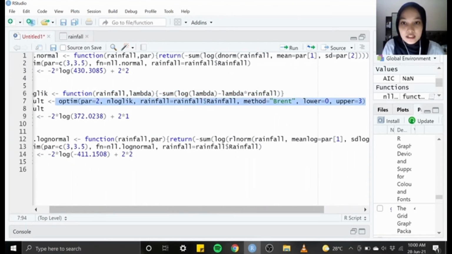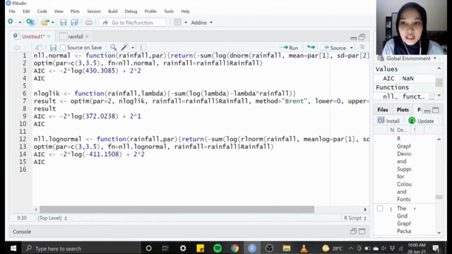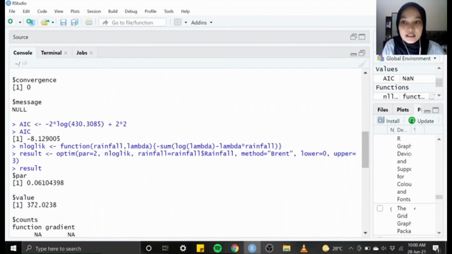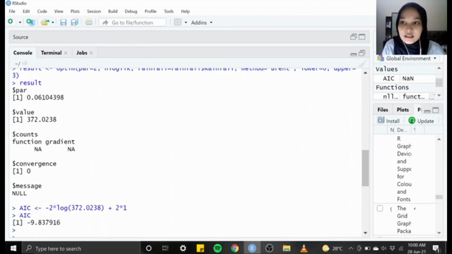Next, for the exponential function, we use this function to define the likelihood function, and the optim over here is to find the value for our parameter, which is lambda for the exponential function. So we declare the optim into the result, and we can call the result to obtain the answer, and in this case our lambda is 0.06104398